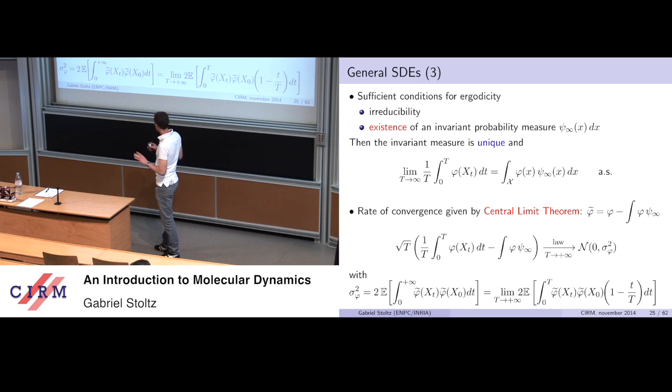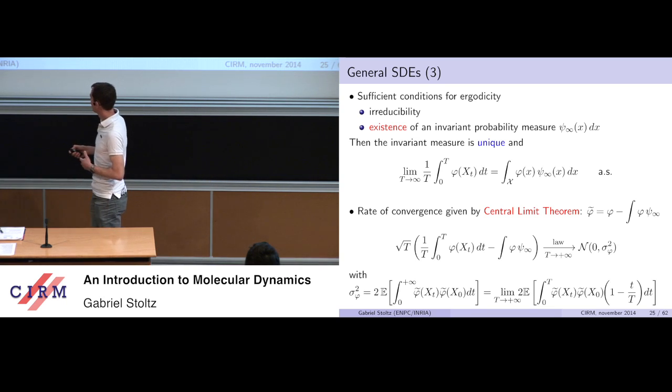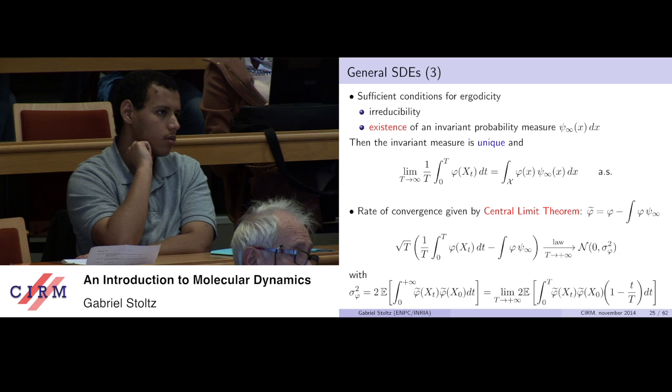So that's the first good news, I would say. The second good news is that you'd like to know at which rate you converge. You cannot really expect much more than a central limit theorem. But even obtaining a central limit theorem is not completely clear, because here you've got a stochastic process where there are correlations in time. So you need a central limit theorem which allows you to take into account those correlations in time. And that's something which is granted for dynamics which are sufficiently nice.